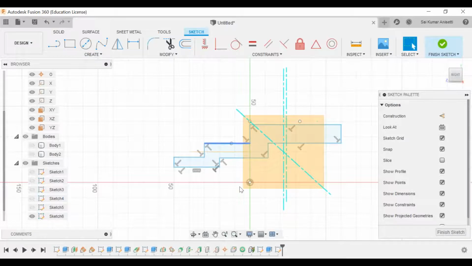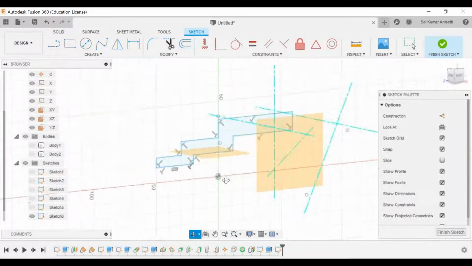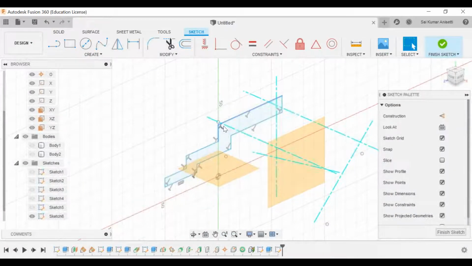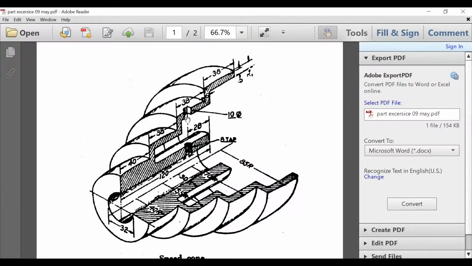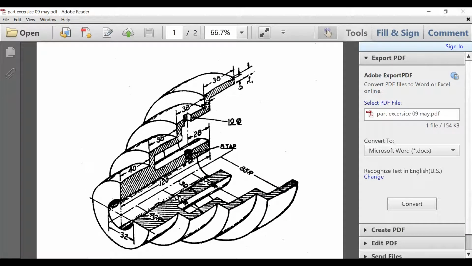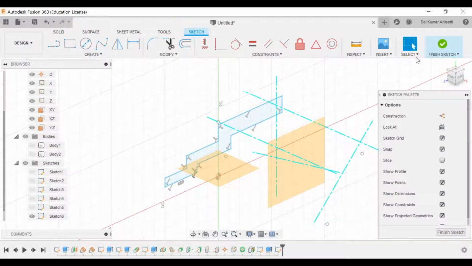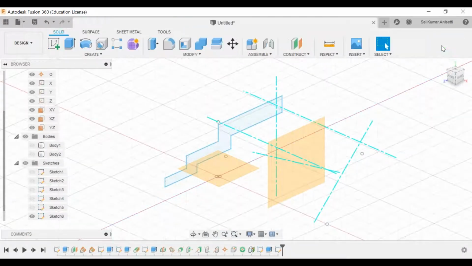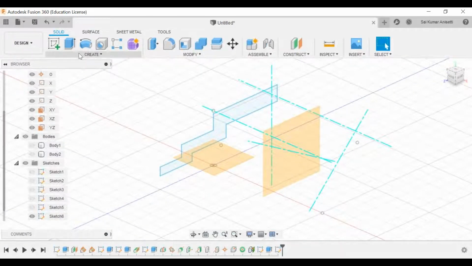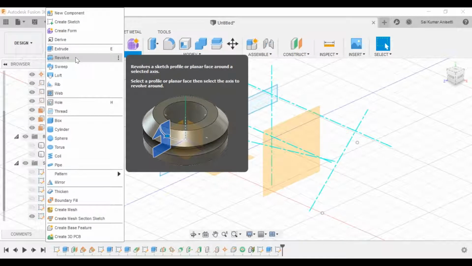Okay. If you observe, if I revolve this, this is the closed profile I have drawn. More or less, it will look just like the cross section of this one. This exact cross section, with your given dimensions, you have to draw. Make sure you finish your sketch, exit the sketcher workbench, and now you need to create a revolve.